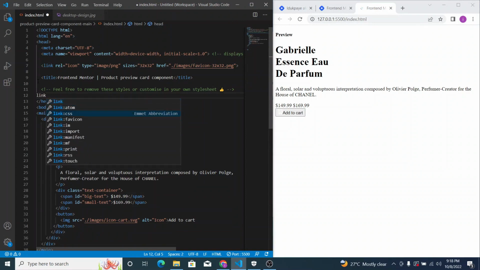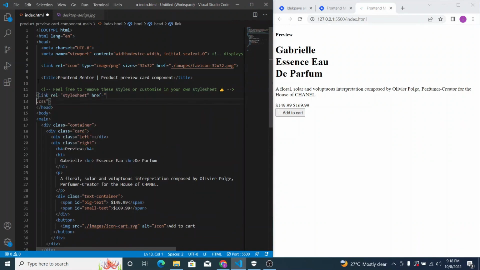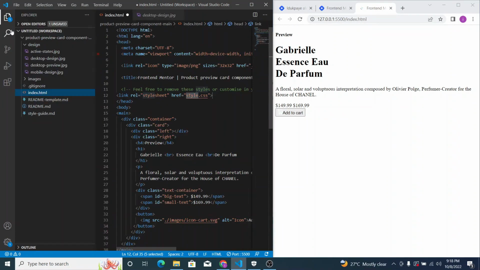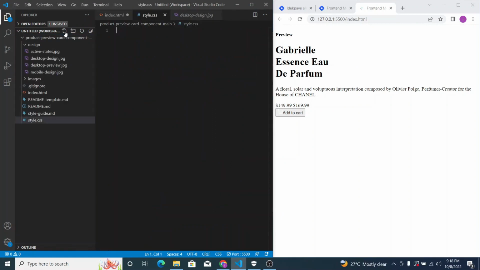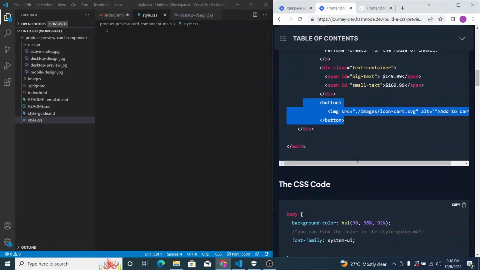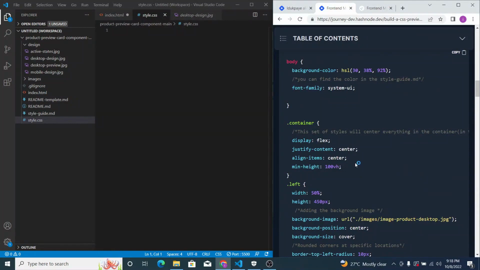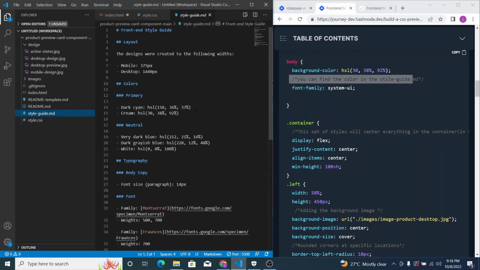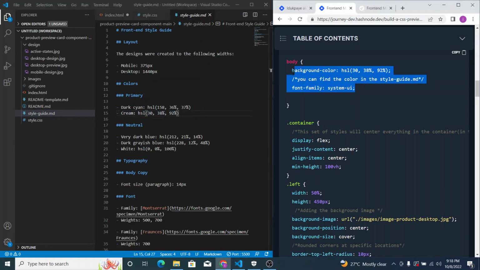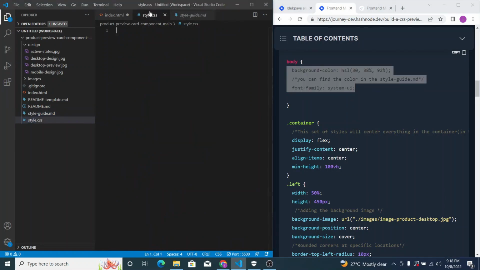So link to the CSS. What I'm gonna do is make a style.css, and let's look at the CSS code. The first thing that we want to do is, I said you can find this color in the style guide, and that's absolutely true. So as you can see, this is the color that we're using essentially. Yeah, this is the color here, cream. So what we just do here, and I'm going to explain it, is that,